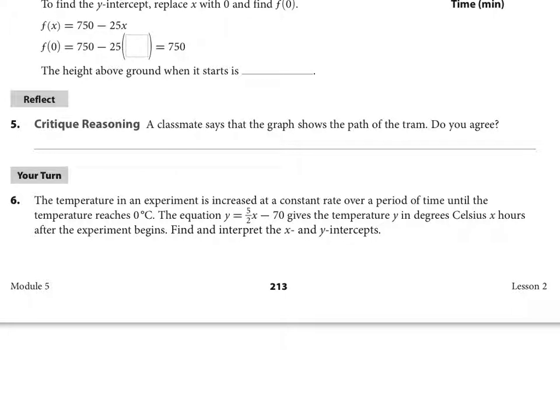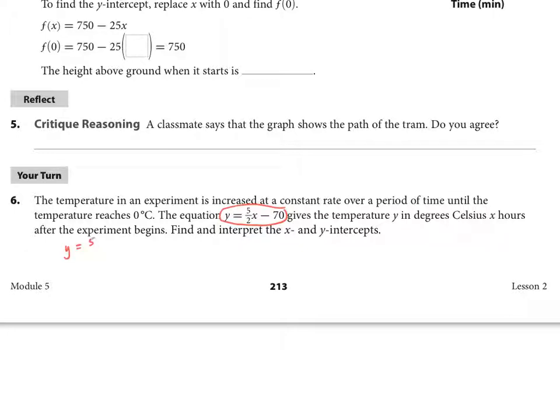So we have the temperature in an experiment that increases at a constant rate over a period of time until the temperature reaches 0 degrees Celsius. They give us the equation right here. This equation gives the temperature y in degrees Celsius and the x in hours after the experiment begins. And we're going to find and interpret the x and y-intercept. So the y-intercept